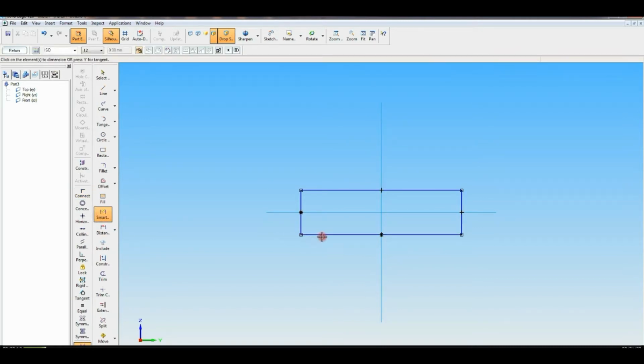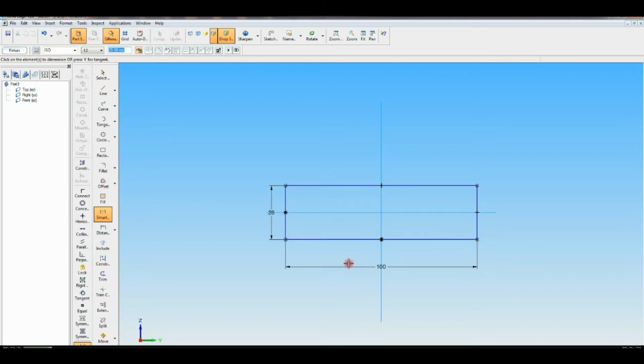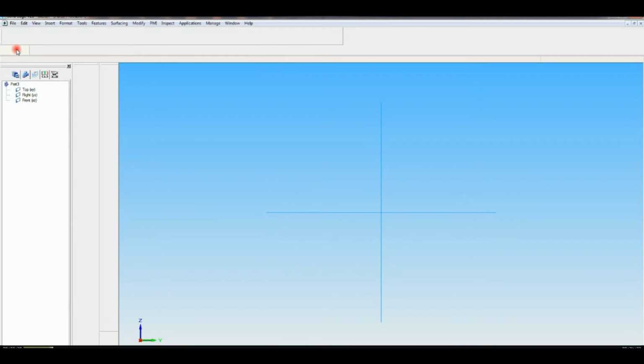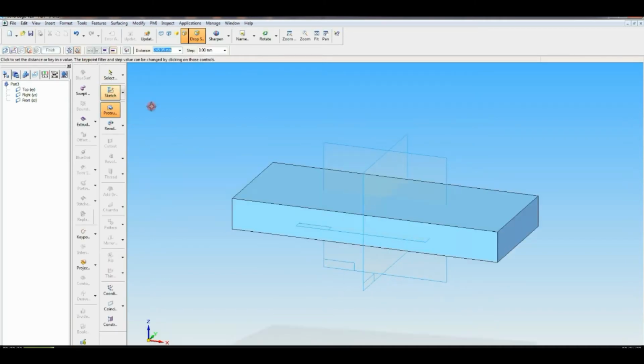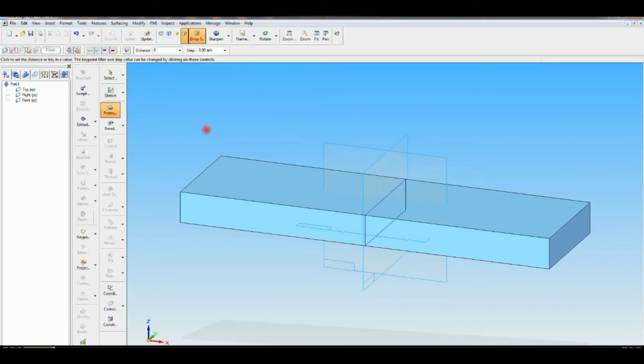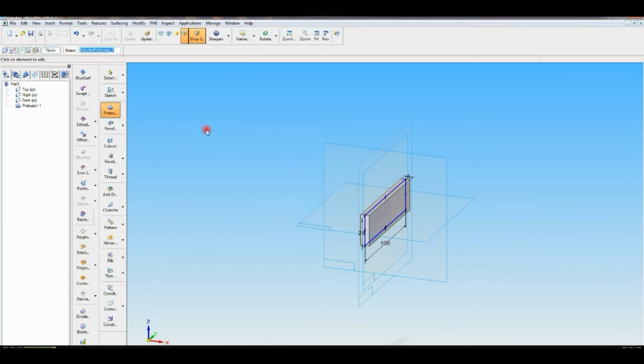Then with the help of smart dimension, give the dimension 100 mm. Then height is 28 mm. Then click return. Give the smart dimension, a symmetric dimension of 8 mm thickness. Finish.